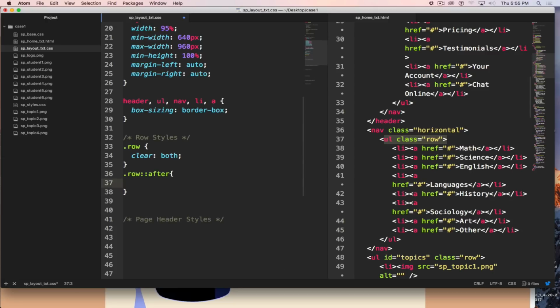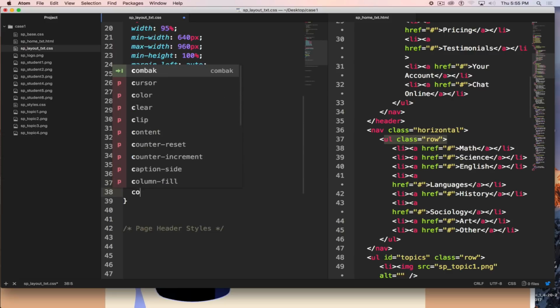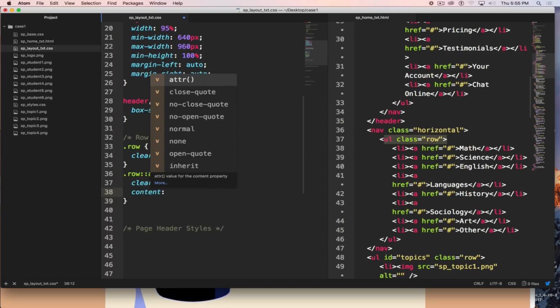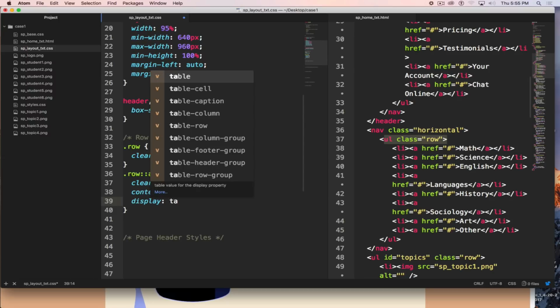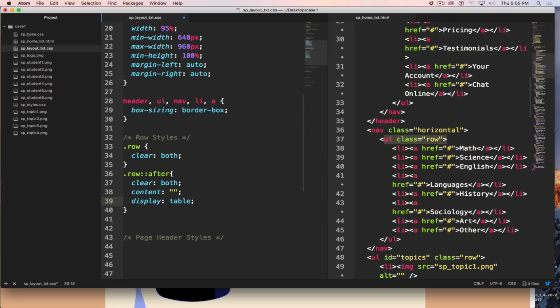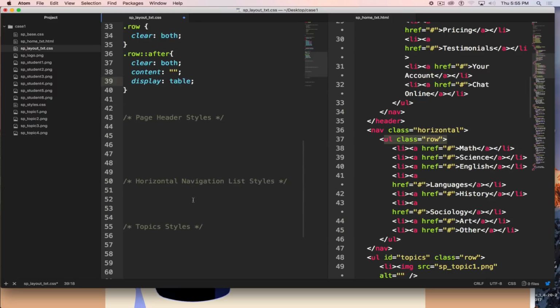And on this one, we can put in content, empty string, and display table. So we're putting in our container collapse fix. You can call it a hack, you can call it a fix, depending on whether you're viewing it in a negative or positive, half full, half empty kind of glass. So we put that in, that takes care of our collapsing container, so we can just forget about that now